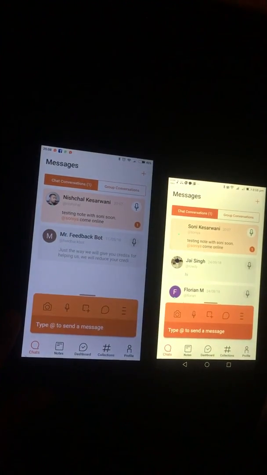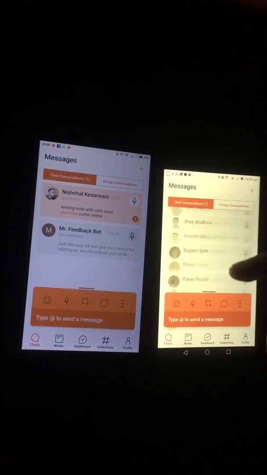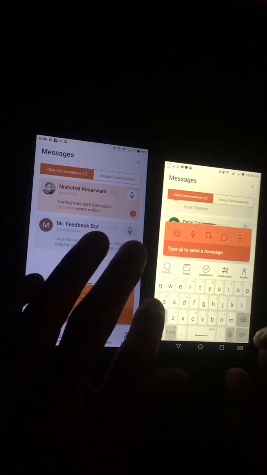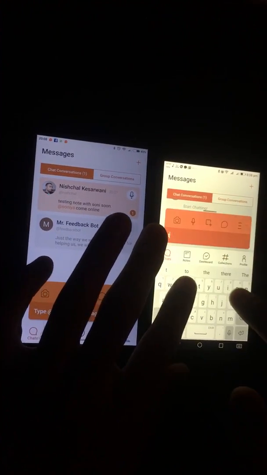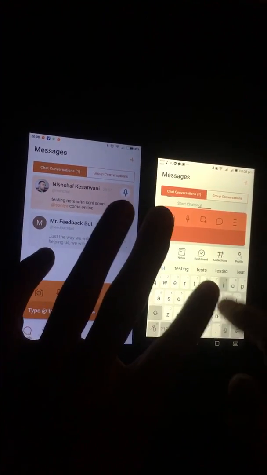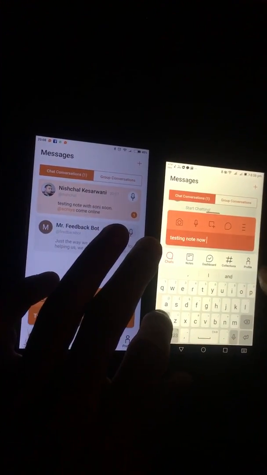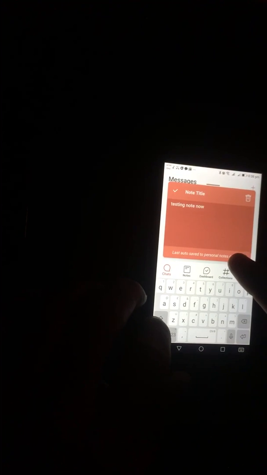Now, let's say I was on this chat user list screen and I wanted to make a note about something. Let's say my note says testing note now, and I press the note icon on the typing bar. Because it's a note, it's assumed that it may be longer, so we just open the typing bar and you can type things on it.